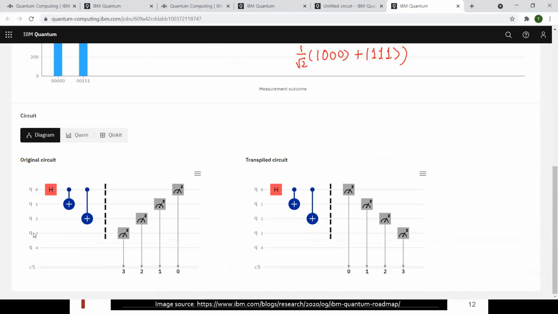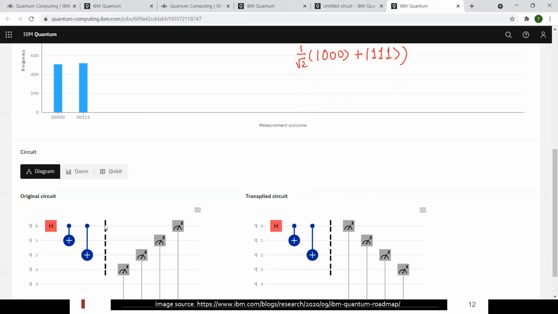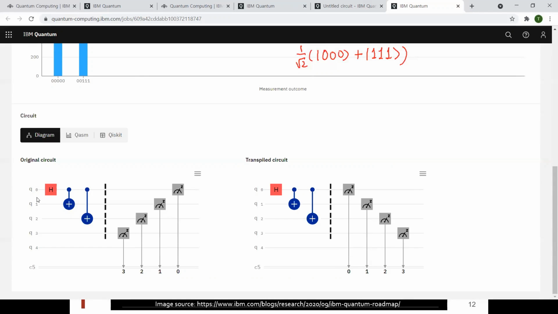this circuit was composed of 5 qubits, and even though I didn't say that the 5th qubit should be measured, it is automatically measured, and the value is shown here. You might also be confused because these were the first 3 qubits, but they are shown in the